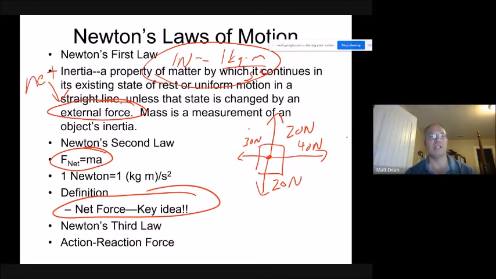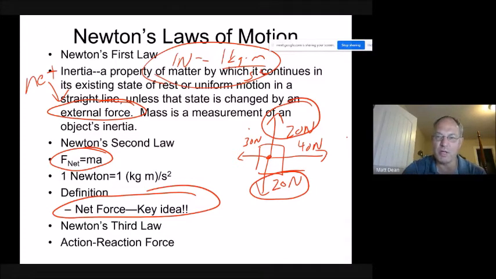And I ask you, what's the net force acting on that object? Well, first of all, let's think vertically and horizontally. We have a vertical downward force of 20 and a vertical upward force of 20. Those two cancel each other out. They're opposite forces in opposite directions. Now let's think horizontally. We have 40 going to the right and 30 going to the left. So this 30 cancels out 30 of this 40 because they're in opposite directions, leaving behind only 10 newtons to